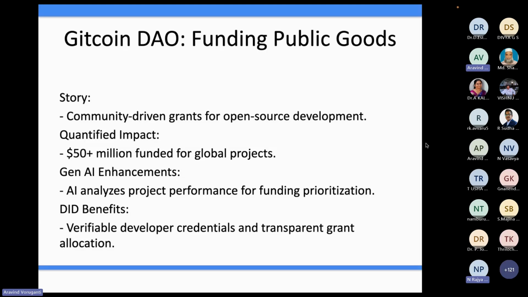Some people want to recycle and regenerate some products from waste. So all these proposals can come to a DAO. And a DAO can be connected with all the CSR funds from people, government schemes, and all that, and that pool of funds can be managed. So now imagine a government running a DAO. If you take a DAO, it can do miracles.